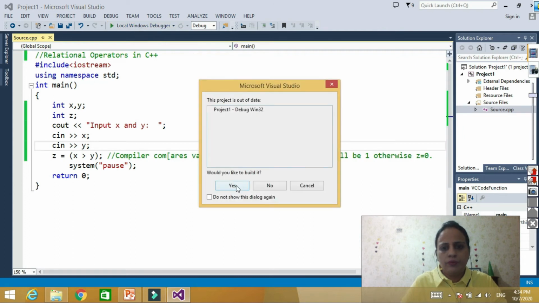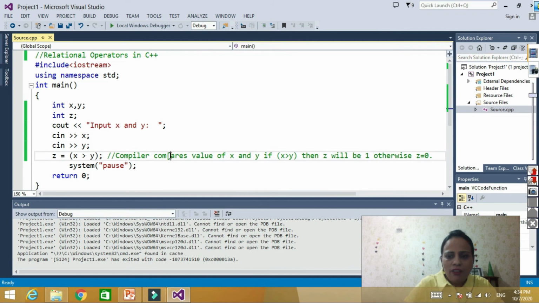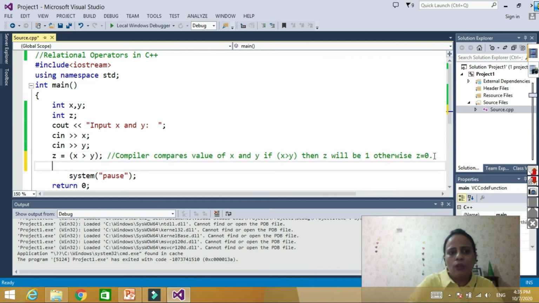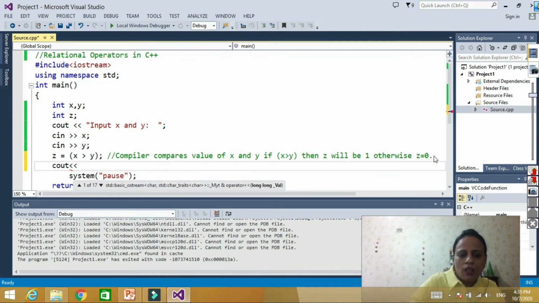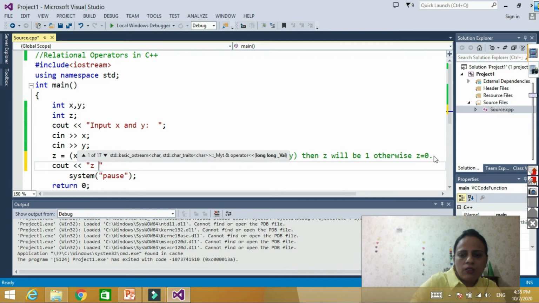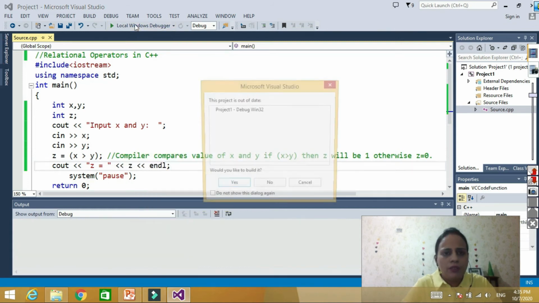So let's print the value of z also, then only we will be able to check it. Let's say cout z. So now let's run it.